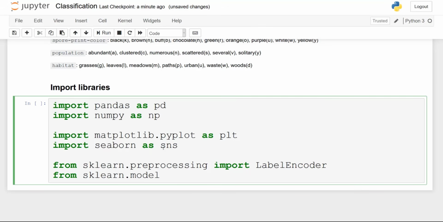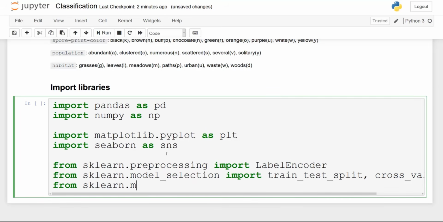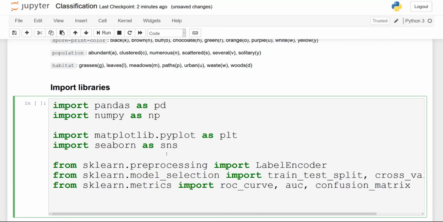Also from sklearn.model_selection, import train_test_split with underscores and also cross_val_score. Awesome. From sklearn.metrics, we are going to import the roc_curve and the auc, as well as the confusion_matrix. Shift enter. Oh, sorry. First, we're going to put the matplotlib inline so we can see our plots.